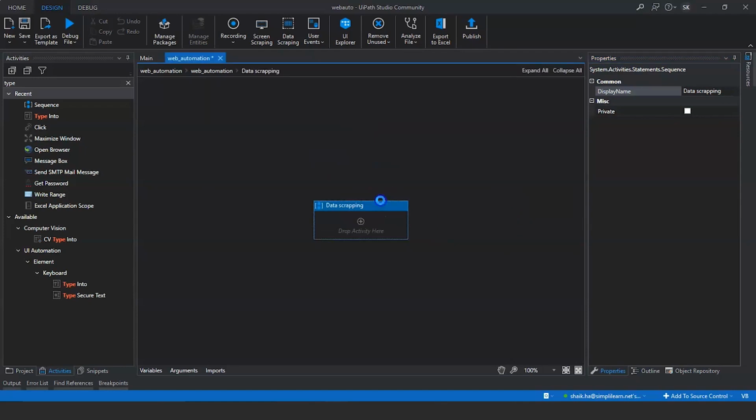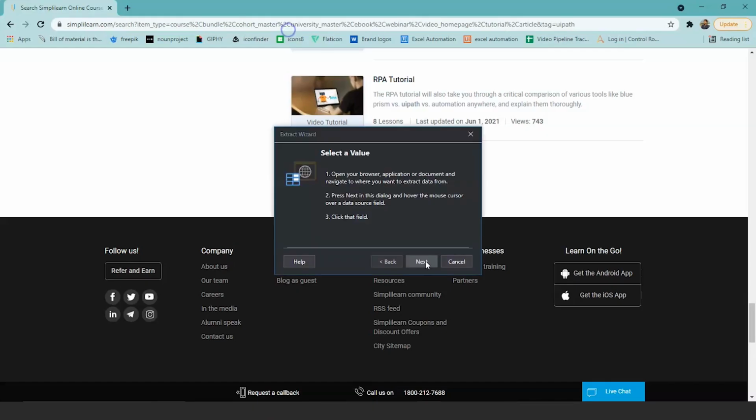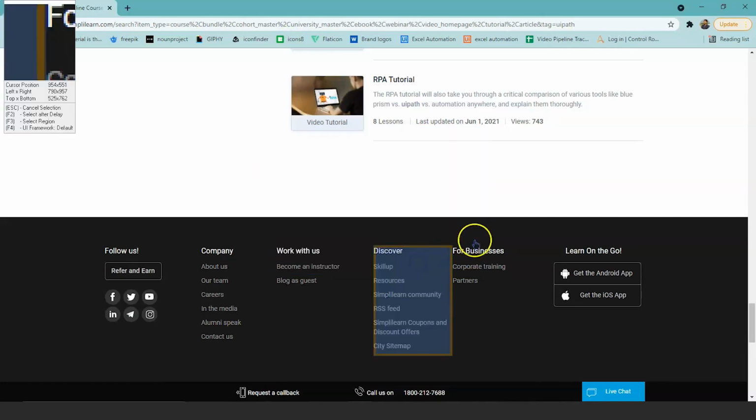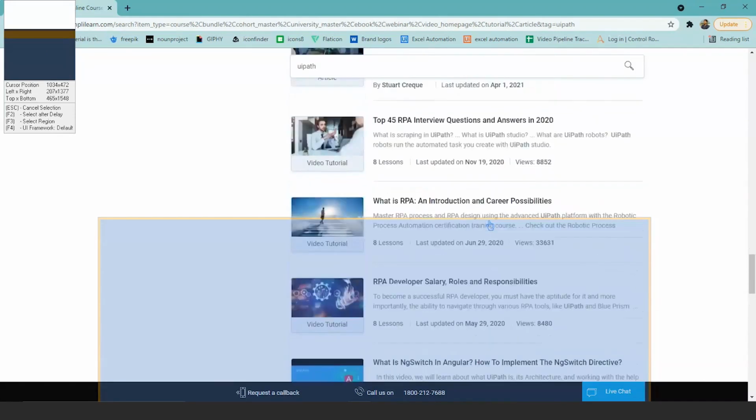We'll open this sequence. Data scraping is where we extract structured data from a browser, application, or a document to a data table. So we'll click on data scraping. We'll open the browser. So we have opened the browser. Now we'll select the data which we want to extract. So click on next, scroll up,